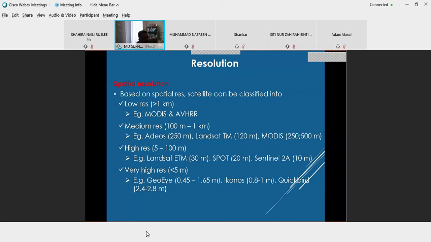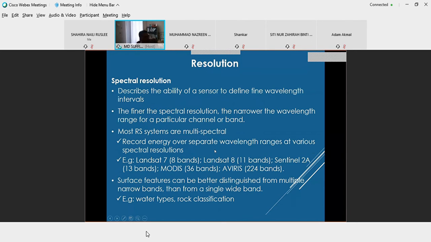So bila dia buka 0.45 meter resolution, bermaksud sekarang ni especially US punya military, dia punya satellite tu ada very high resolution. So ke mana saja ia bergerak, dekat ground tu dia boleh nampak lah. Sub-meter resolution kita panggil sebagai sub-meter 0.45. So kalau military ni mungkin 0.1 meter resolution.